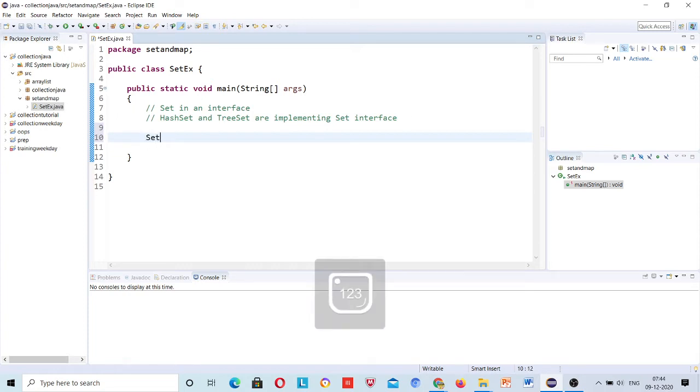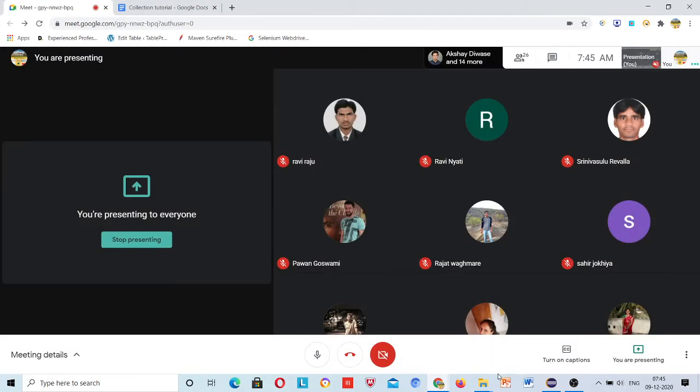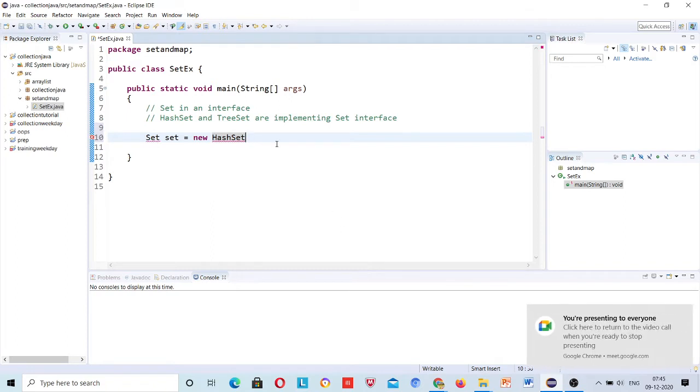Set, just like we were doing in array list, but here we need to write Set is equal to new HashSet, because HashSet is implementing the set.